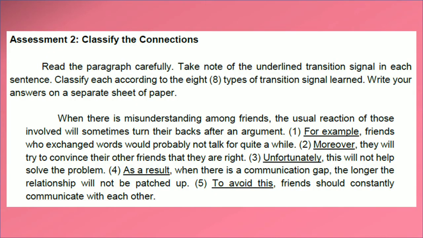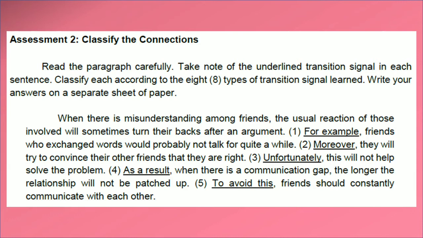Okay, for assessment number 2, classify the connections. So read the paragraph carefully. Take note of the underlined transition signal in each sentence. Classify each according to the 8 types of transition signal learned. Write your answers on a separate sheet of paper. There are 5 words there and it is up to you to decide what type of transition signals